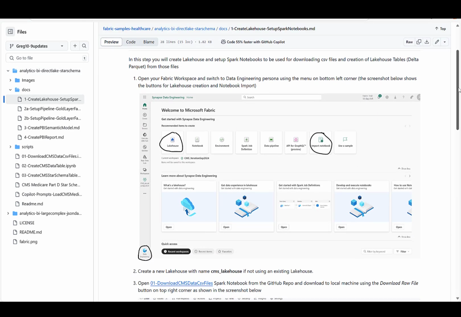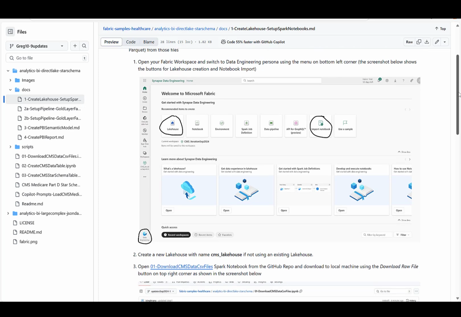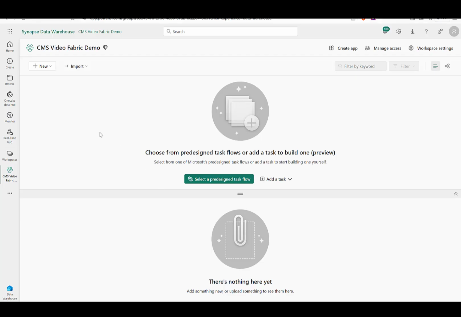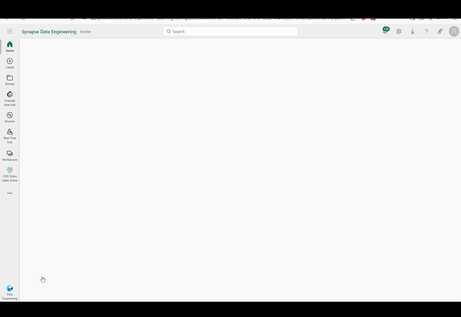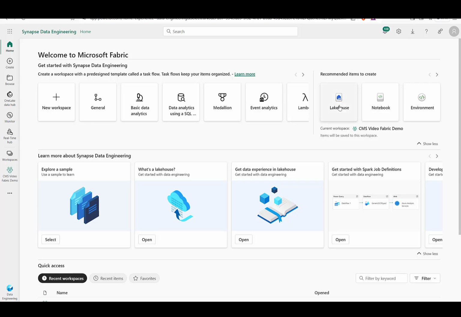And then we'll want to go ahead and create the Lakehouse and then import the notebooks. So first, let's create that Lakehouse. Back here, you see I have an empty Fabric workspace that I've created and pinned to my F64 node. I'll come down here to the bottom and per the instructions, move to the data engineering view, create a new Lakehouse,